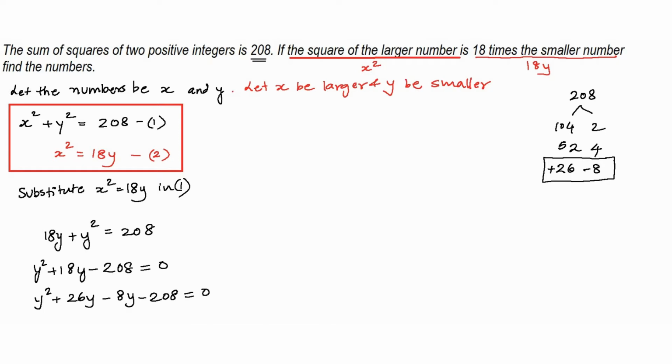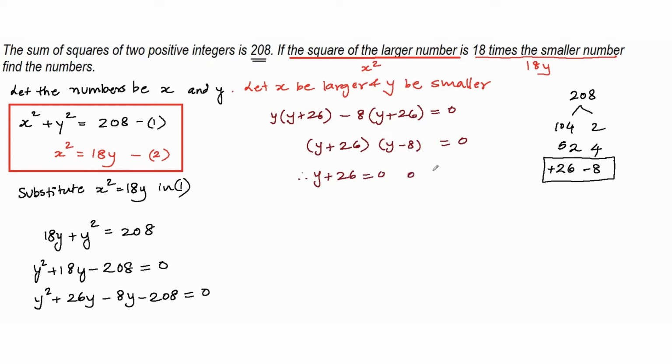Taking terms out as common, we get y into y plus 26 minus 8 into y plus 26 is equal to 0, which means y plus 26 into y minus 8 is equal to 0. And therefore either y plus 26 is 0 or y minus 8 is equal to 0, and therefore y equals negative 26 or y equals positive 8. And therefore the two numbers are